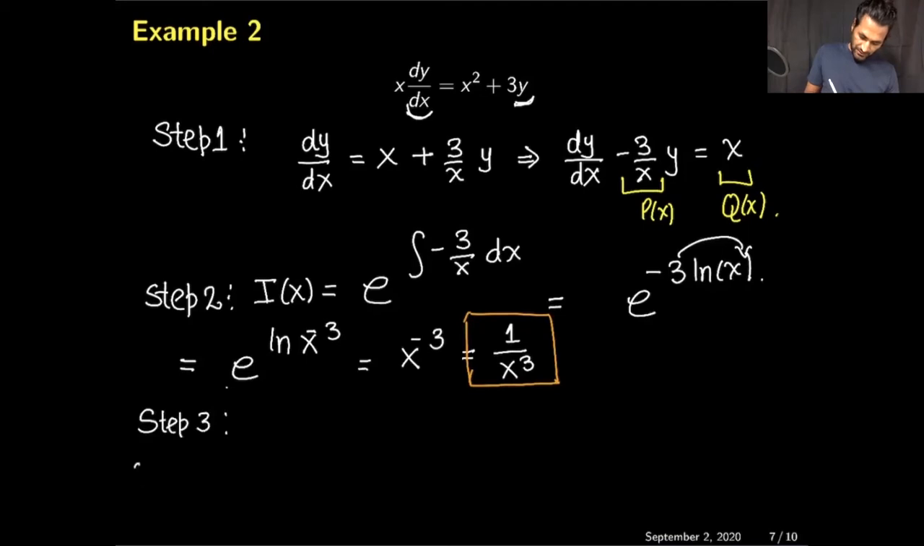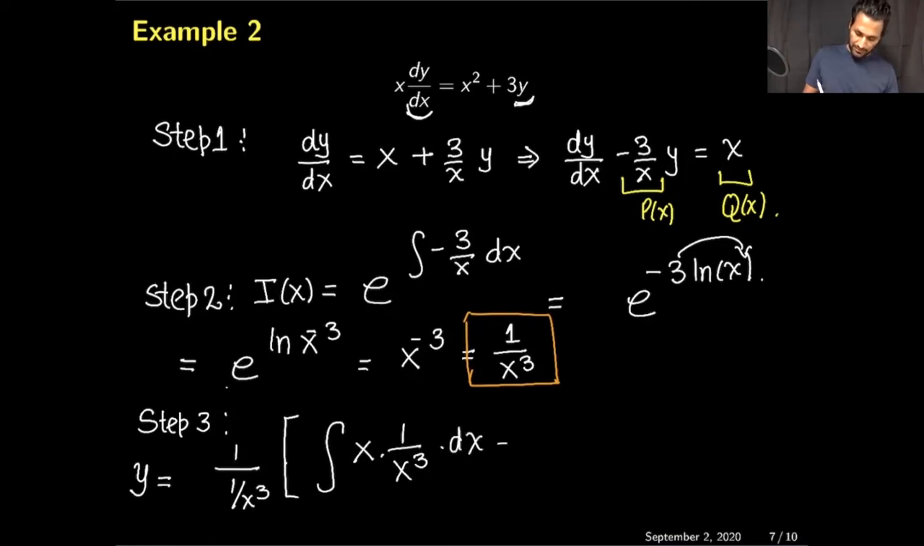My general solution of the differential equation is 1 over the integrating factor, which is 1 over x cubed, and then parentheses, integration of the function q(x), which is x, times the integrating factor, which is 1 over x to the power 3, dx plus c. And this is equal to 1 over x cubed, which is just x cubed, and this function cancels out and becomes 1 over x squared